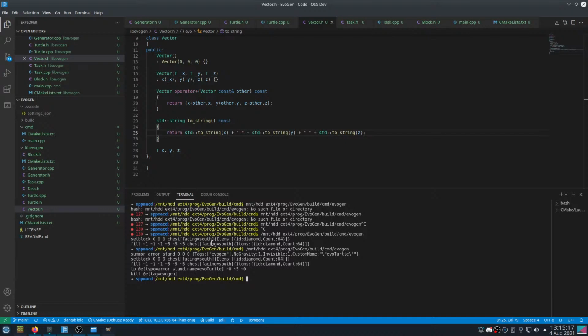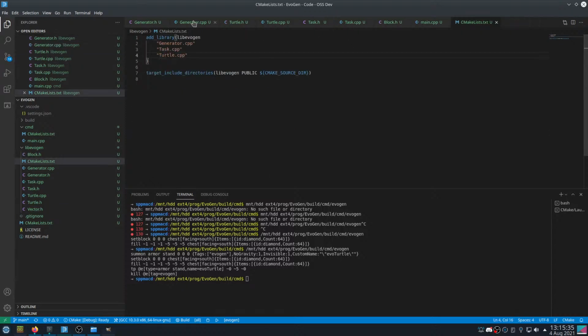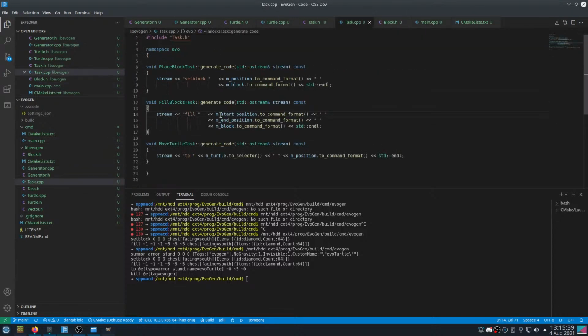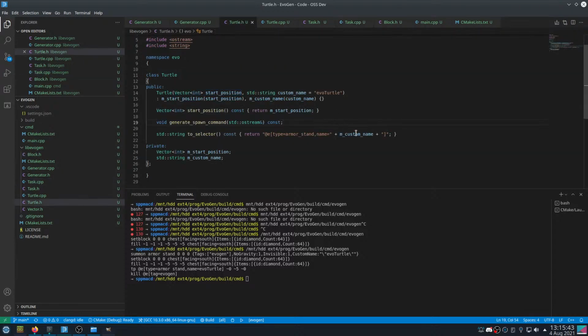Oh okay, so we have summon armor stand 0 0 0 evogen evo turtle, yeah. Setblock chest, heal, TP. Okay, that turtle does nothing because we don't execute commands by that turtle. So let's have